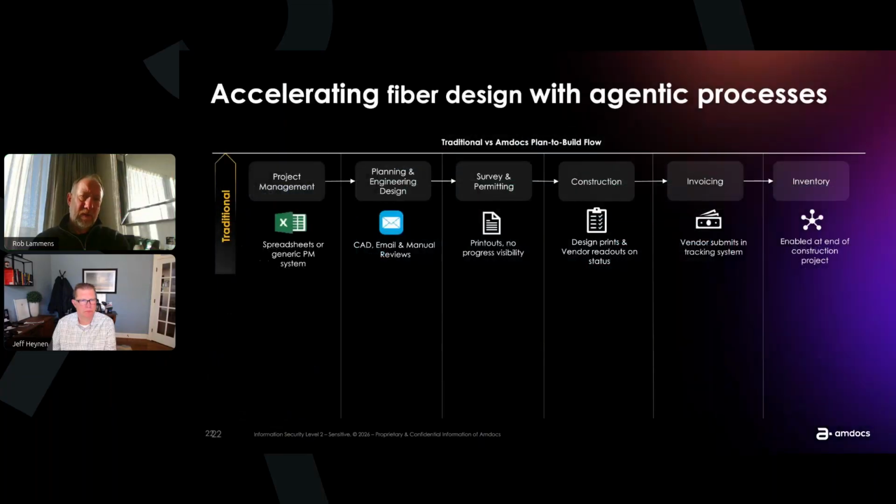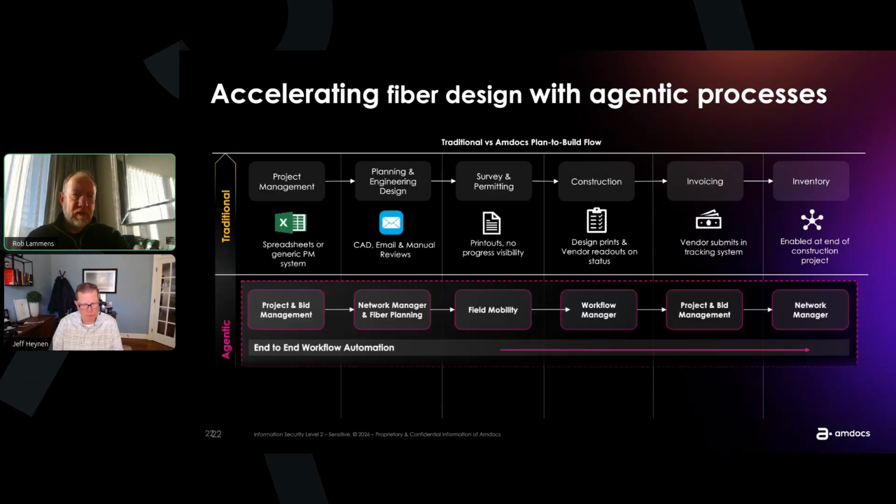So within the agentic process, our traditional flow was really working from a standard spreadsheet and project management through standard permits to surveys and permitting, which is still mostly the case today because most of the municipalities have not embraced a less manual process. But then it comes back to design, our print validations, our quality control efforts, and finally our invoicing and inventory systems that are all AI driven as well. And you can see that through